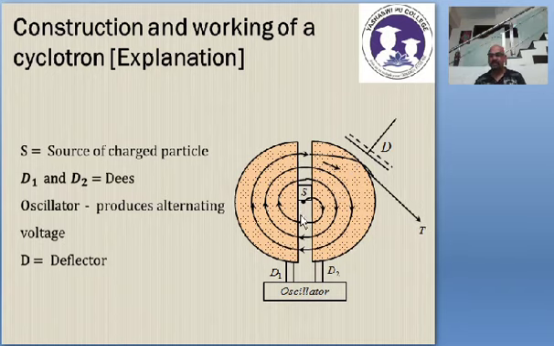All these things, students, you have to learn. The charged particle here is just given by the source with zero energy, and when it comes out of the cyclotron, it will have maximum kinetic energy. That is how you energize the charged particle using the cyclotron. This is the working and theory, the construction and working of the cyclotron. I hope it is very clear, and if it is not clear, I can explain again, or you can just halt it and see the video again, you will get it.